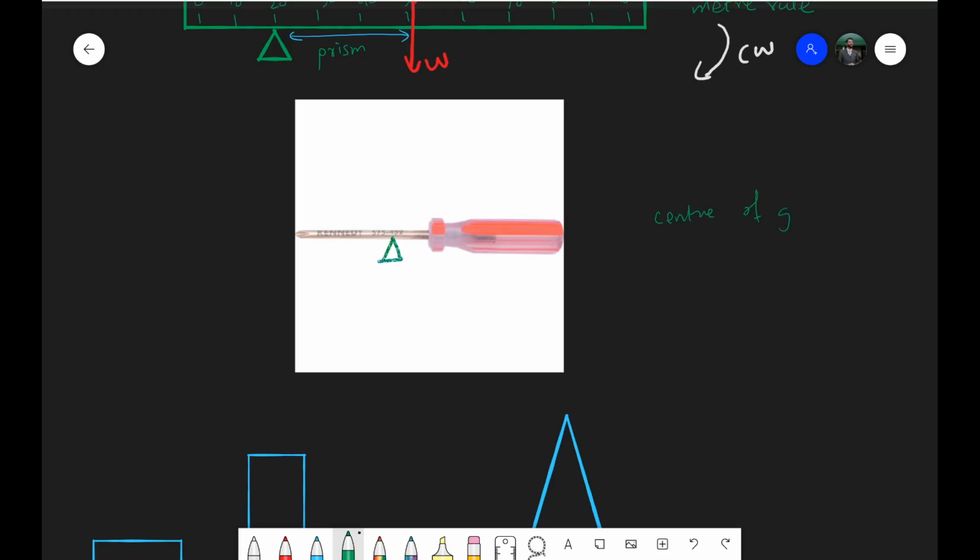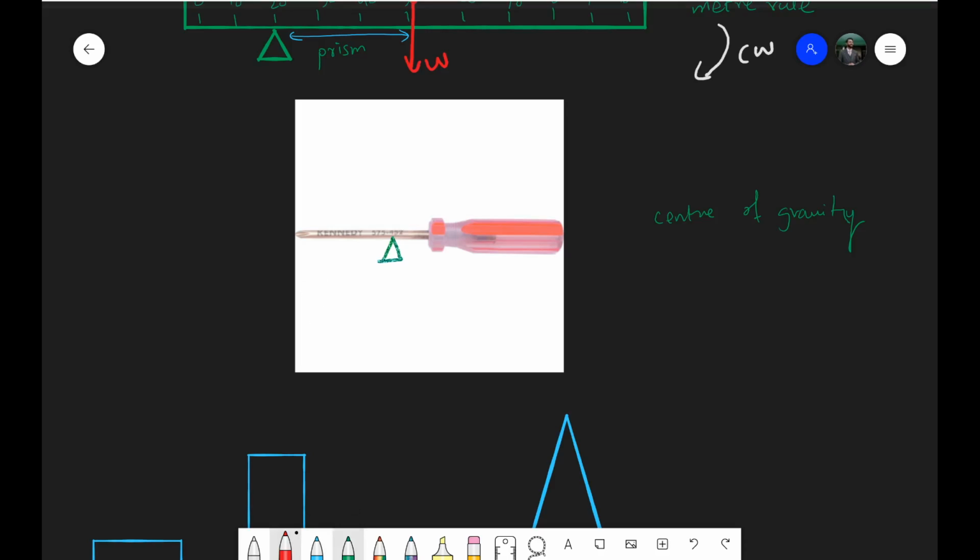it's balanced on a prism which is placed here, and then you are asked to identify the position of center of gravity. Now, from the meter rule example above, you have to think that if this screwdriver is balanced right now, and there are no other forces acting on the screwdriver, then it must be that the weight of the screwdriver is right at the pivot where the prism is. Otherwise, the screwdriver would have either rotated clockwise, or it would have rotated anti-clockwise, but none of these things are happening. So it must be that the moment is zero,